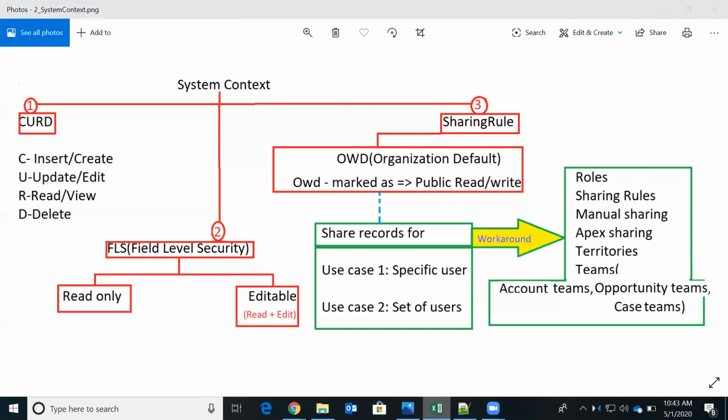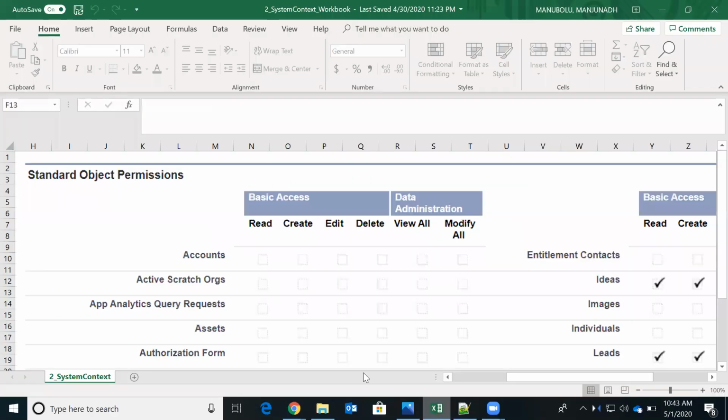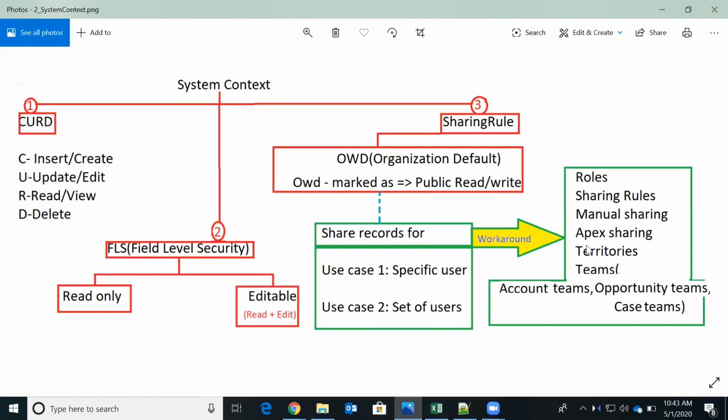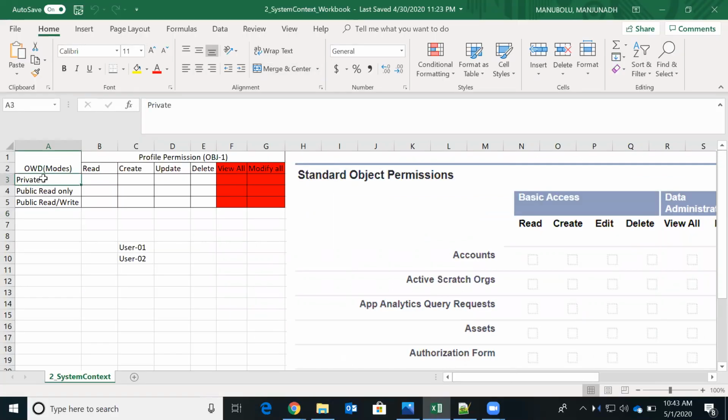Let me go to this. Okay. Now we will first try to understand what OWD is, then we will see how these are impacting. In OWD, we have three different modes: private, public read only, and public read write.